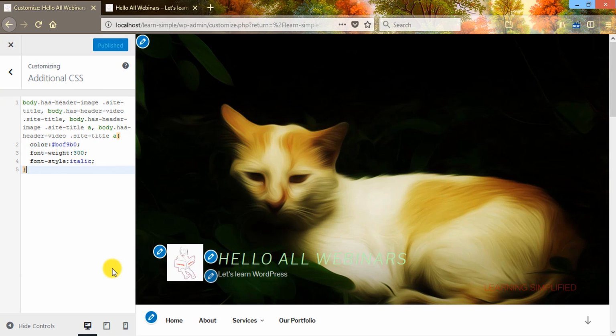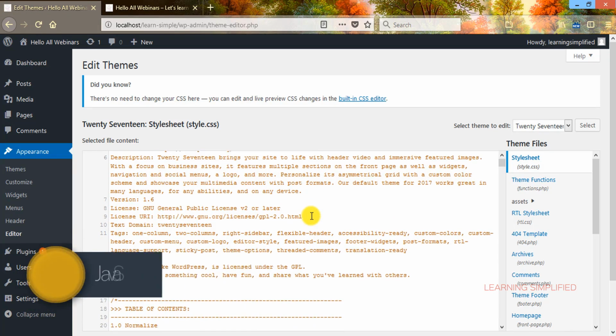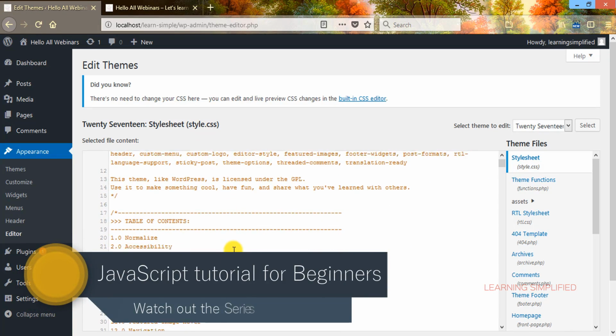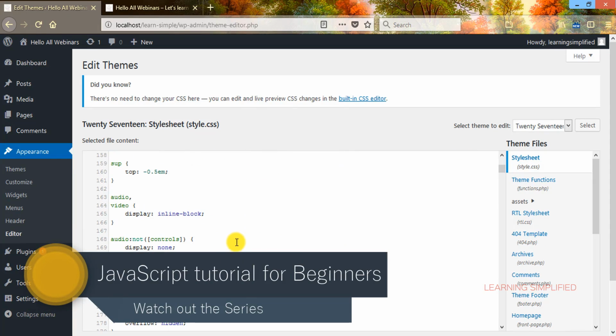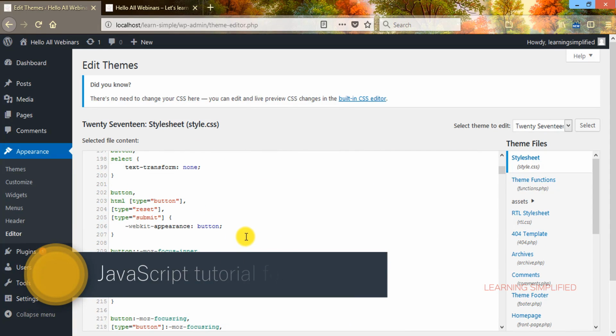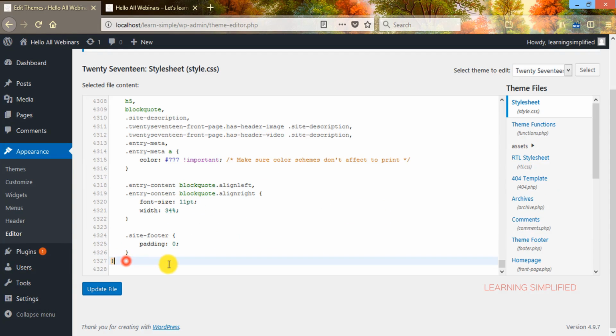Now why into this additional CSS? Because every time we make an update to our WordPress website, if we make changes into this style.css part, those changes won't be visible in future cases. If we look at the bottom of the code above, we can see that no such changes are reflected in the style.css.